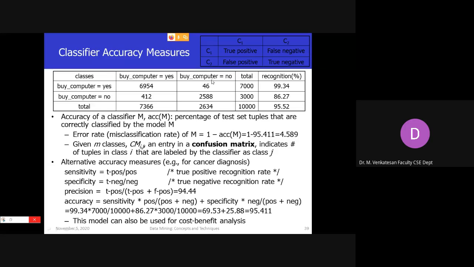Okay, so this is the next table, the example we discussed for Bayesian classification of buys computer. Based on that, the rows buys computer yes and buys computer no are the actual, and in the columns buys computer yes and buys computer no are the predicted. What is this 6954? Anyone can explain?